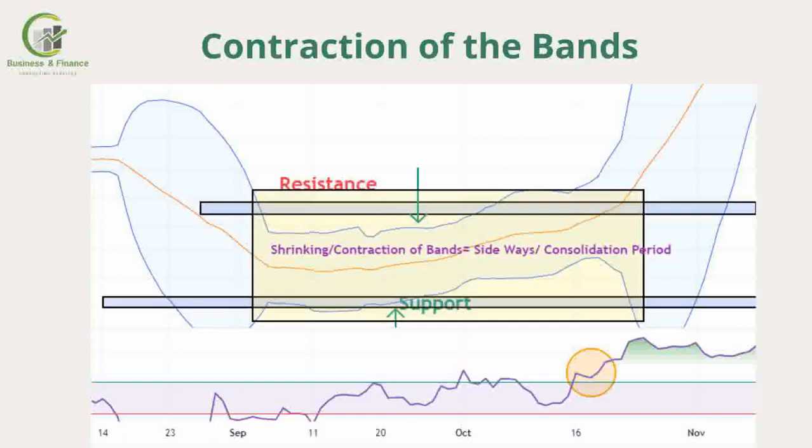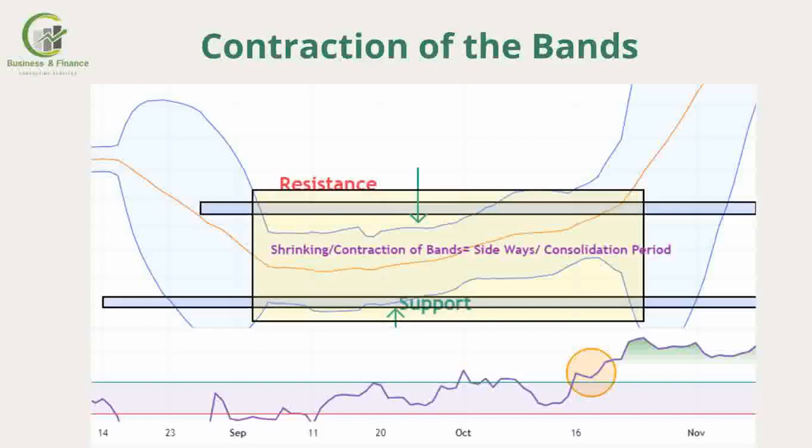If the market remains between the upper and lower Bollinger Bands, then most probably the market will remain in the contraction of Bollinger Bands with a sideways or range-bound market. We call it shrinking or contraction of Bollinger Bands, whereas 70 to 80% of the time the market will remain in the